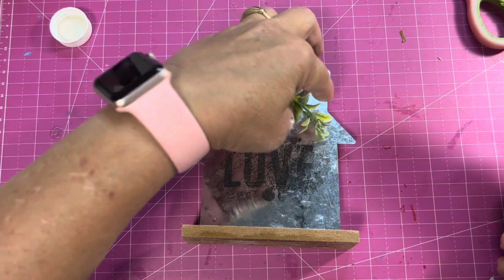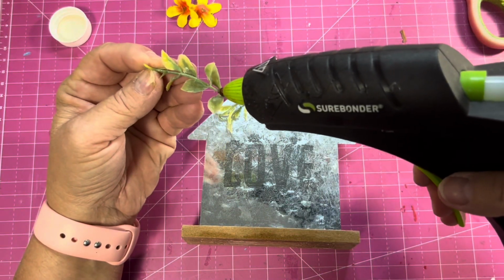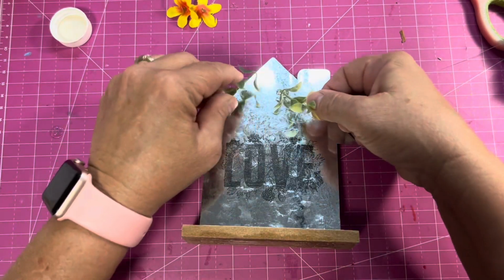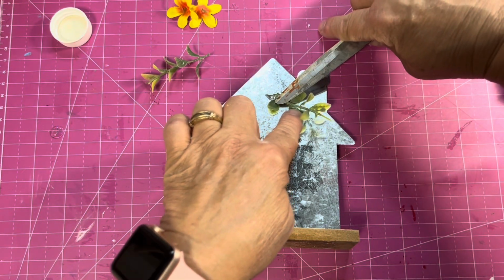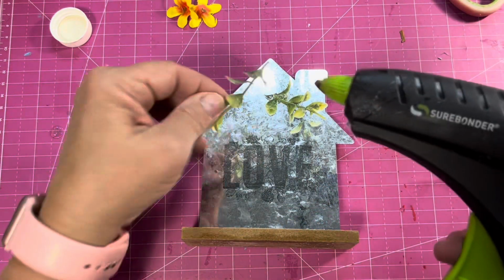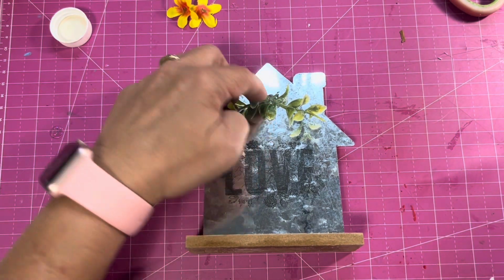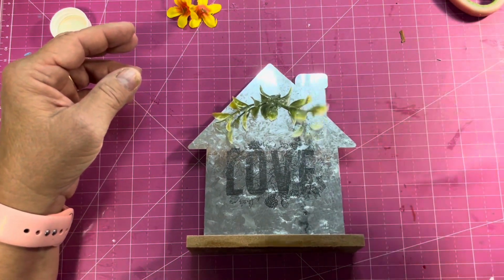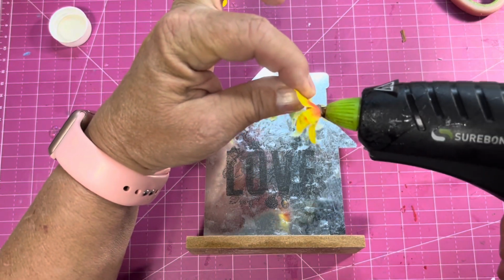Just got some little greenery to go up there. Chop these down pretty good. And I'm going to put the glue right there in the middle. I don't know if my glue is really hot yet. There we go. Chop some of the back leaves off so that the spray would more or less sit flat. And then just some pretty little spring flowers,